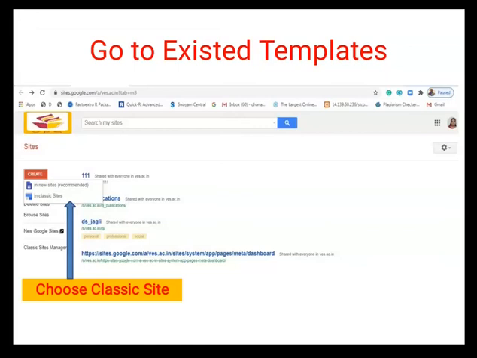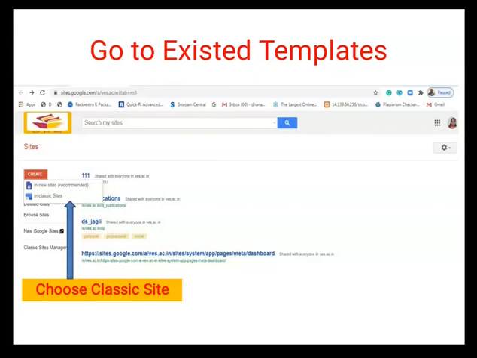If you want to create your websites, there is an option displayed, that is the create button. If you click on the create button, two options will be there. The first option is for creating new sites, which is recommended if you want to create a completely new site.